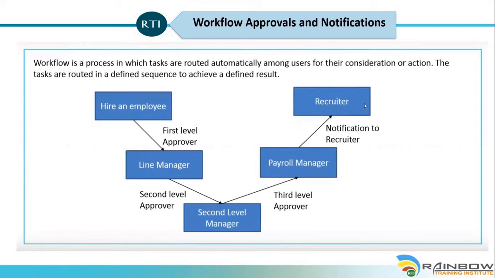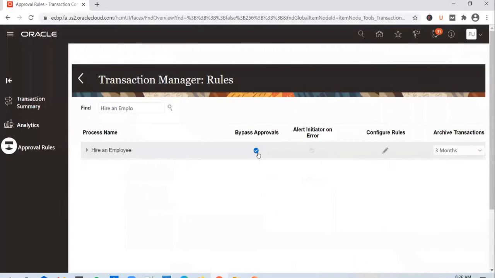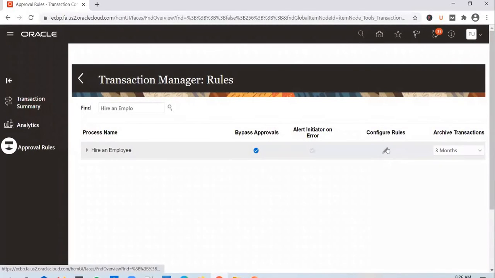So if a client asks for this approval process in HCM Cloud, what do you do? You first uncheck this box so that approvals get enabled, and you go into the configure rules section and set up these approval rules. We'll get into that in a moment. Okay.